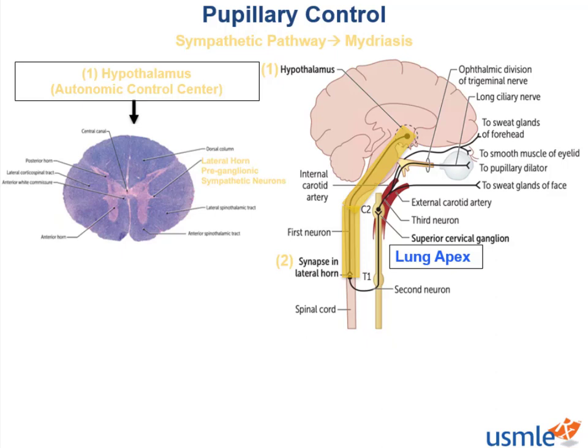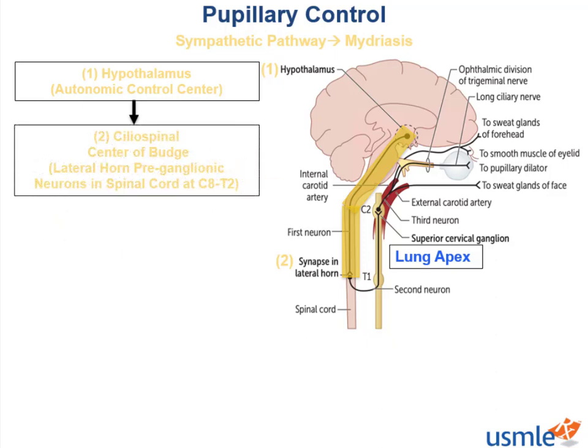Now, listen closely. Test makers want you to know that the lateral horn of the spinal cord from T1 to L3 houses sympathetic neurons for the light reflex as well as other sympathetic mediated processes. Specifically, these lateral horn neurons are preganglionic sympathetic neurons that send projections to the superior cervical ganglia. The course of this second neuron is extremely high yield to know, as it exits at T1 and travels along